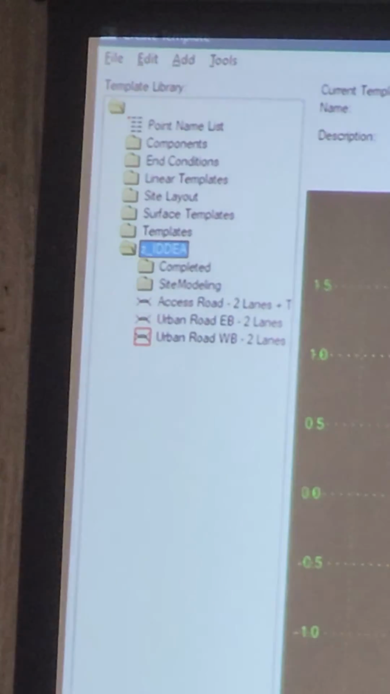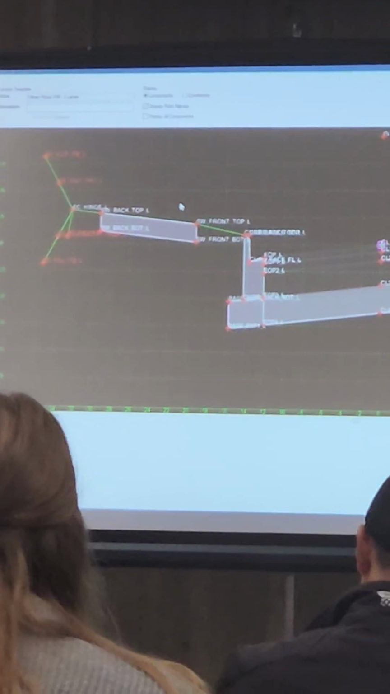We're going to create a new template here. I mentioned I created my geometry in the way